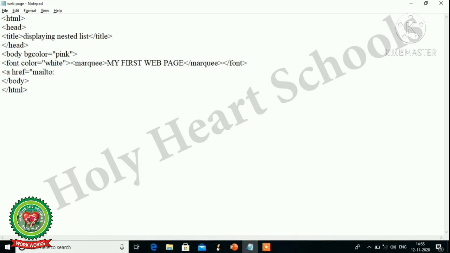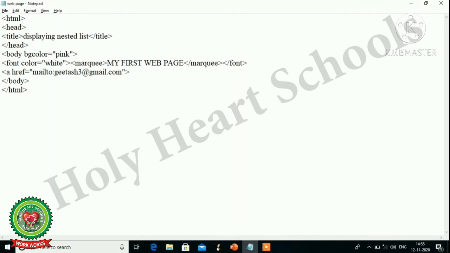Here write down the email address to whom you want to send your mail, like I want to send my mail to this email address. Write down the email address and then double quotes close, angular bracket close.